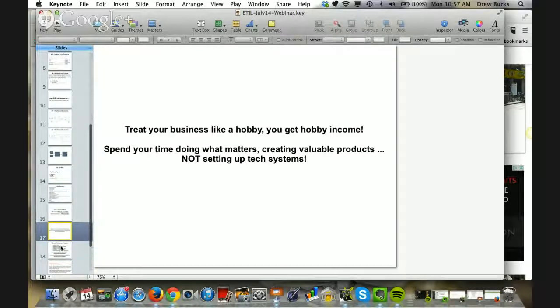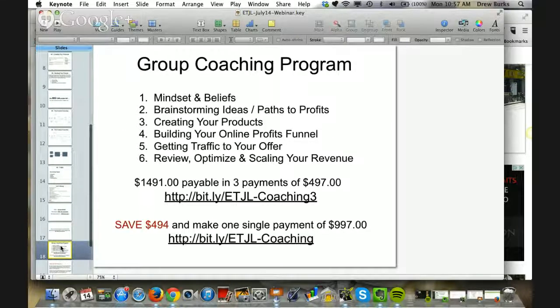So here's what I want to offer you today. If you're like me and you have ideas and you have value to provide and you want to help people and you want to solve problems and fulfill needs and you don't want to be stuck setting up technology systems on your own, you want the time machine, if you will, then I'm going to invite you to take part